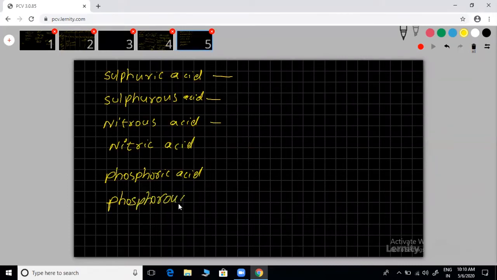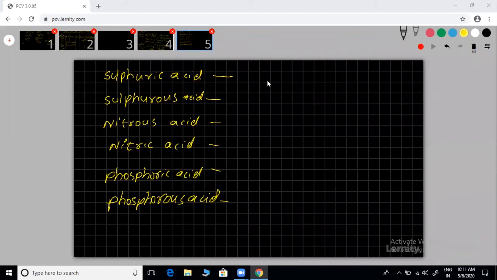Phosphorus acid. We have different names, fine. At least a few we are writing. We need to get the difference between these things. Next slide, I will give that one. I think most of the people are done. I need to see some people send here. H3PO4, fine. HNO3, okay. Yeah, correct. Some people again good, correct.